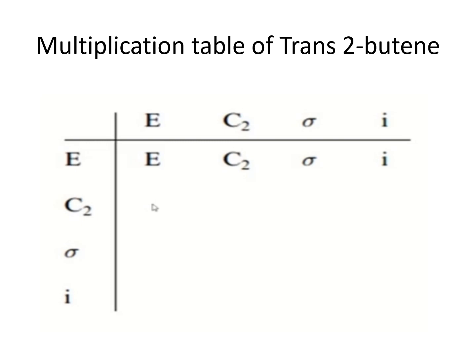Now we multiply C2 with all the symmetry operations of the molecule. First we multiply C2 with identity, the result will be C2. Then if we apply C2 on a molecule 2 times, when we first apply it, the arrow direction remains the same, but the position of the hydrogen atom changes. So if we apply again, the arrow direction remains the same, but the position of the hydrogen atom changes. So the result would be that we get identity, which we write as our reference.